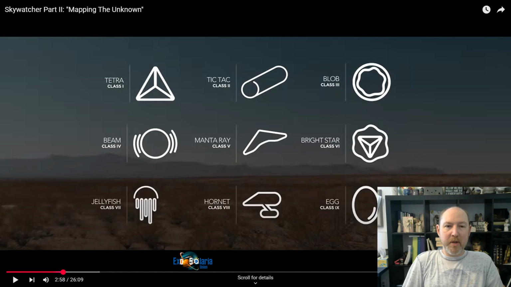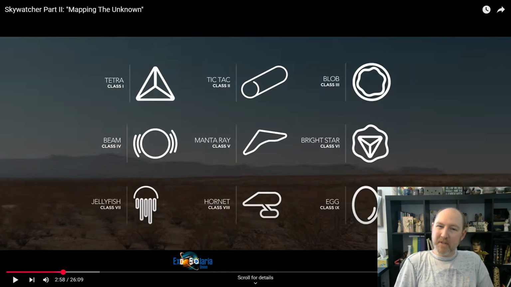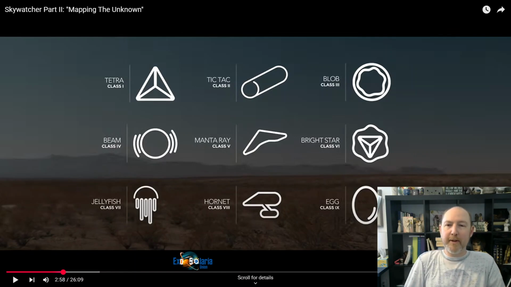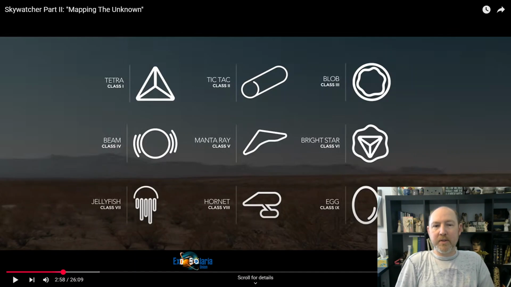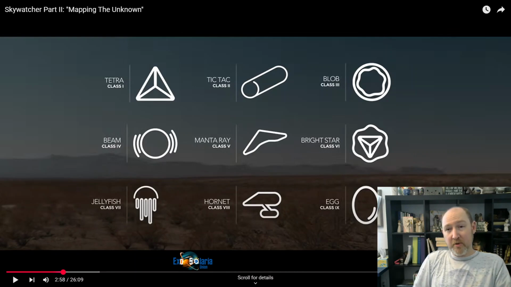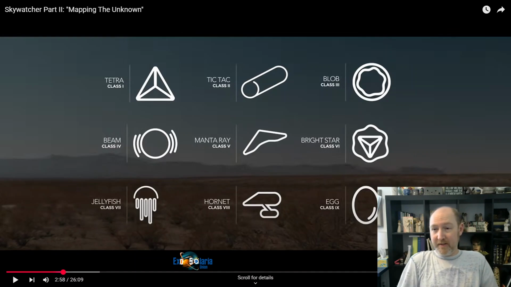Class 4 is the beam. Interesting. Class 5 is the manta ray. It's kind of a newer shape. Class 6 is the bright star. That's interesting, kind of like maybe a triangle within some kind of sphere or something like that.